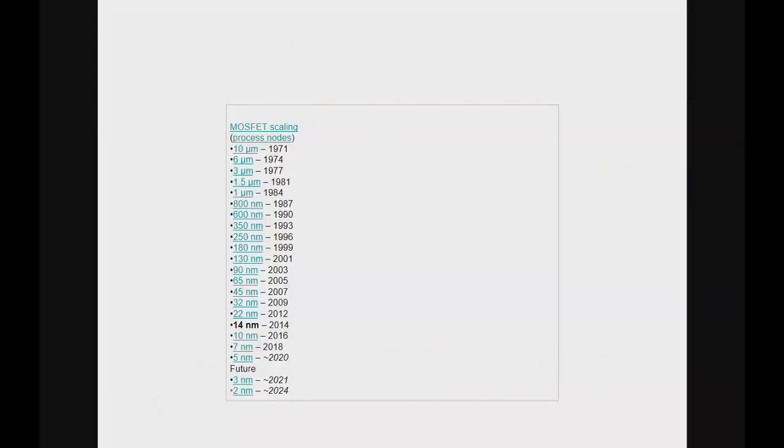This is a progression of the gate length starting in 1971. The gate length was 10 micrometers, 74, 6 micrometers, 3 micrometers, and so on. So we get down to 600 nanometers in 1990. 600 nanometers is the wavelength of visible light, close to it, right? And so all this technology was done using lithographic techniques, using light to make the shapes, using masks and so on. But now you see, as we progress from 1990,